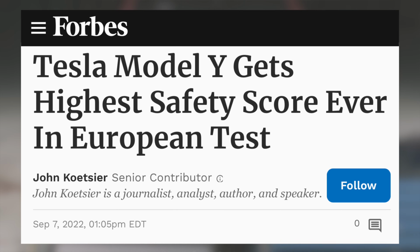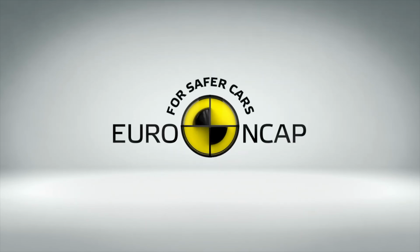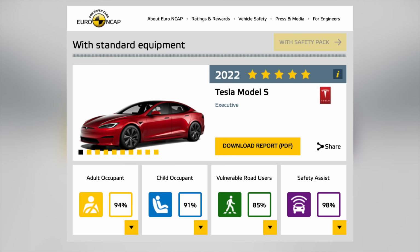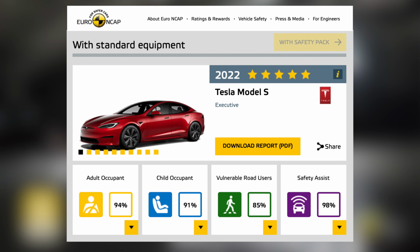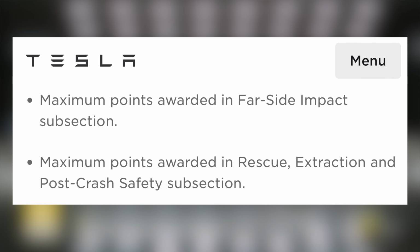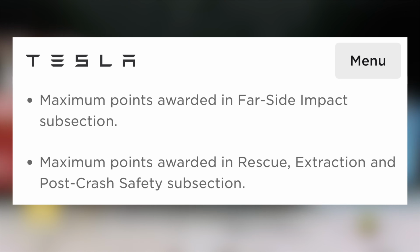First up today, Tesla continues their trend of making incredibly safe vehicles. After the Model Y received the highest rating ever from Euro NCAP a couple months ago, the updated, refreshed Model S has now been tested. It received 5 stars, getting 94% for adult occupant, 91% for child occupant, and 85% for vulnerable road users. They also received maximum points awarded in far side impact subsection, and maximum points awarded in rescue, extraction, and post-crash